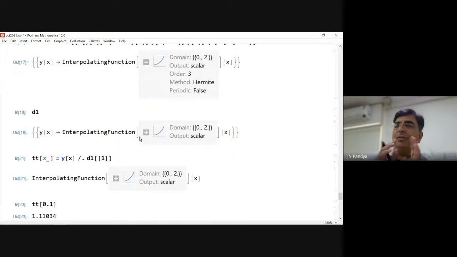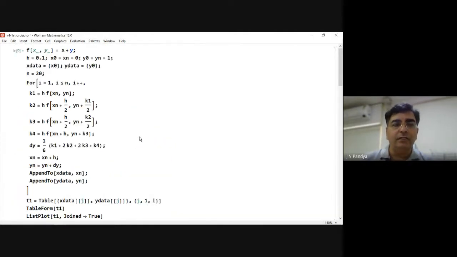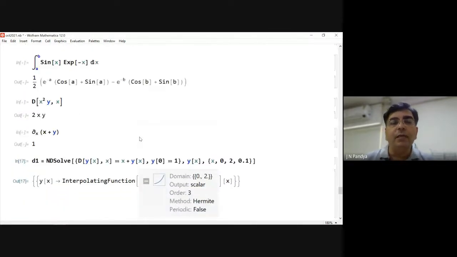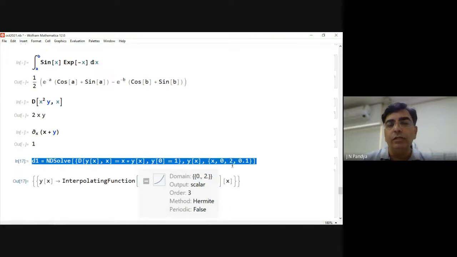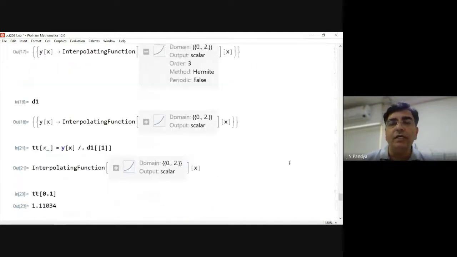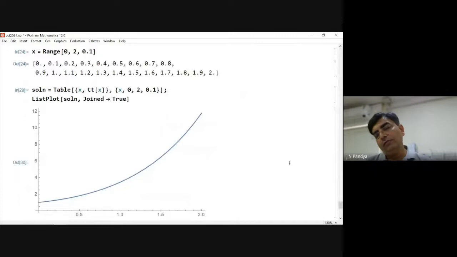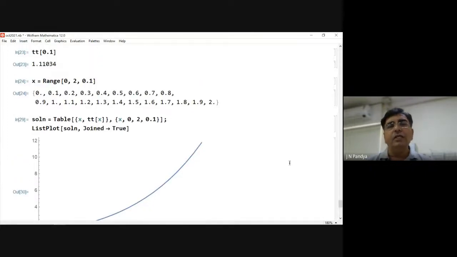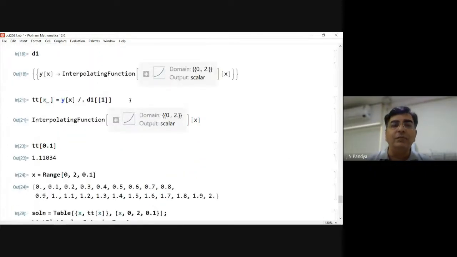What I am trying to demonstrate is you can actually write the full RK4 code in Mathematica, which will be going like this. It is one full page almost, we can say, one full screen, right? Or you can simply use one line code which gives you ultimately the same output. Only thing is that you should know how to extract this particular thing from there. Okay. So how did I do that?